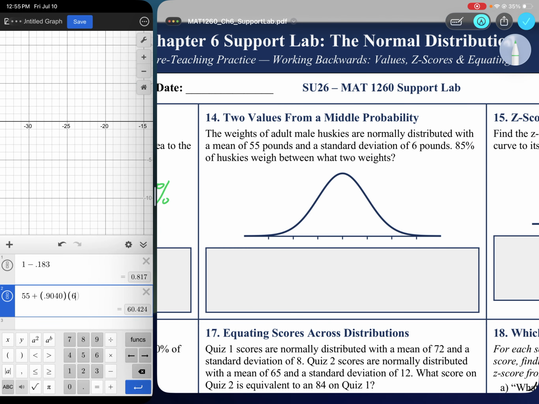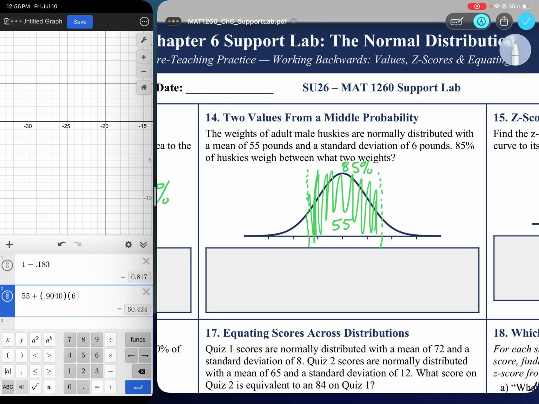Now we're going to do one where you're given a middle in-between probability, and we're going to have to do this twice. The weights of adult male huskies are normally distributed with a mean of 55 pounds and a standard deviation of 6. We want to know the middle 85% of huskies will weigh between what two weights. So we want to know what is the actual weight where we know in between is going to represent 85%